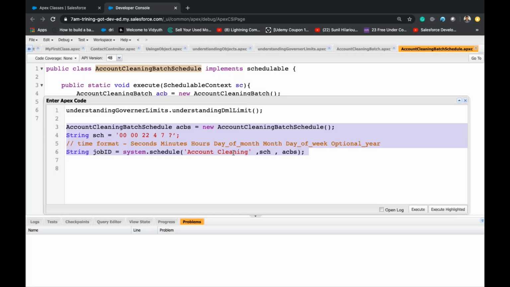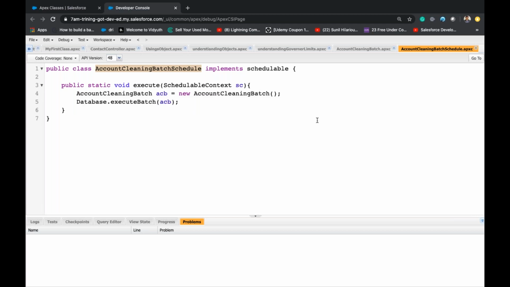It's telling that the string closing is not given correctly. System dot, why am I not getting all of them?